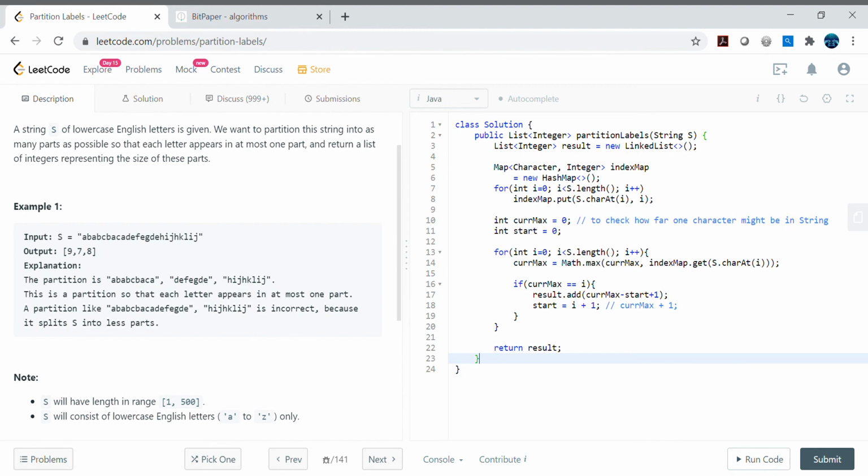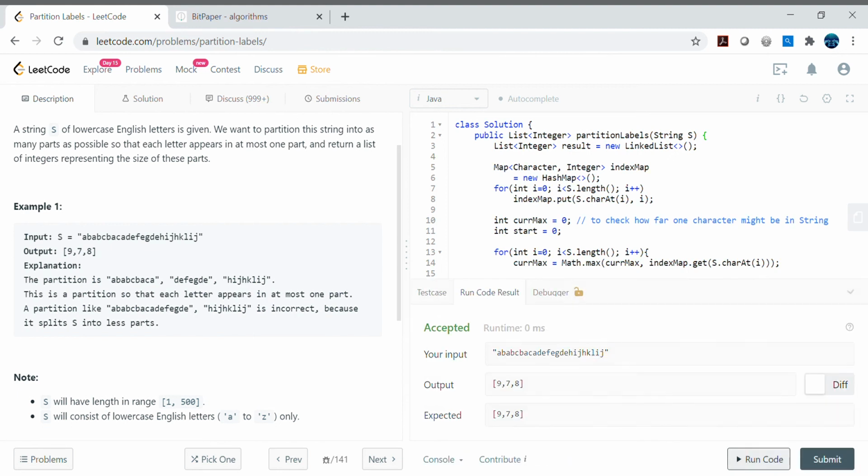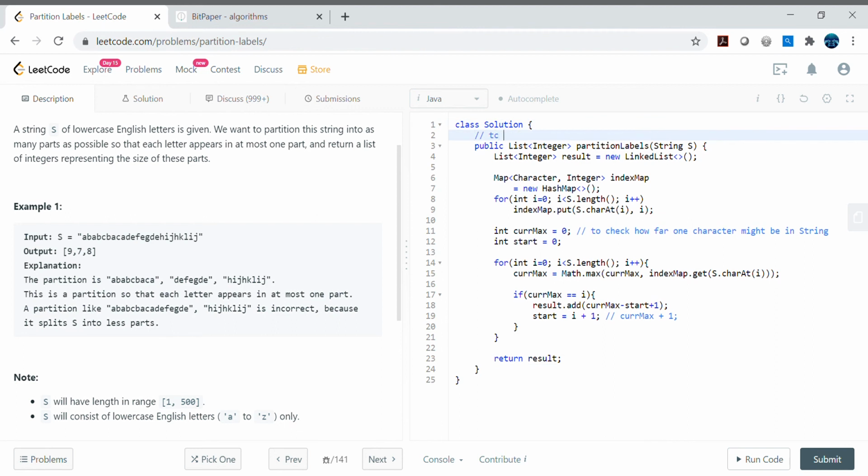Let's quickly check for compilation errors. If there are none, then we can jump to the complexity part. The complexity here is order of n, and the space is also order of n, because we are using a hash table data structure, or hash map. Hash table is generally a data structure name, but in Java, HashMap and Hashtable are both classes, so let's not get confused by the naming I'm using. Here we are using HashMap. They are both linear because we are scanning the whole string.